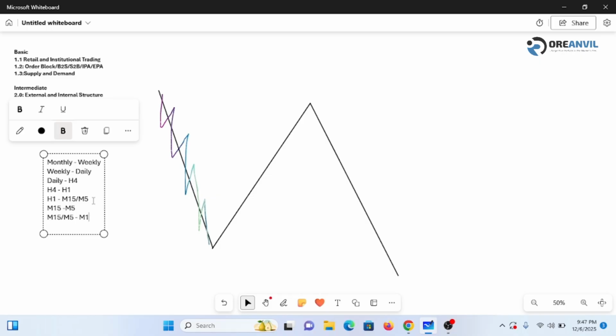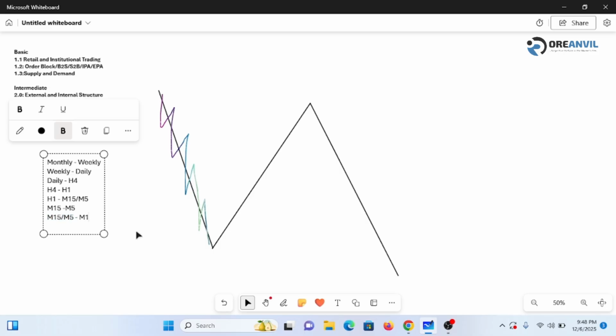However, sometimes what you are looking for, you might not see in one time frame, like 5 minutes, but you can see it on 15 minutes. And you just go to M1 and pick your trade. So that's why you have to combine these time frames together. That's why M1 is internal to both of these.